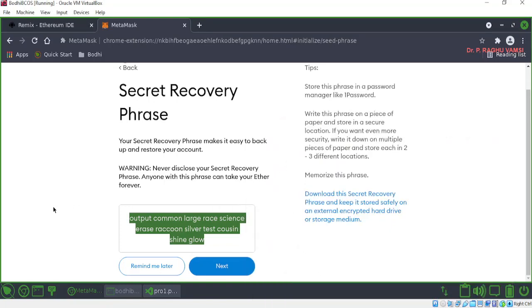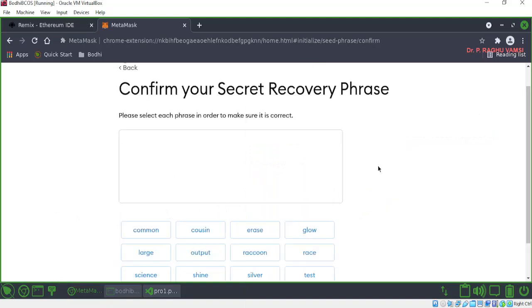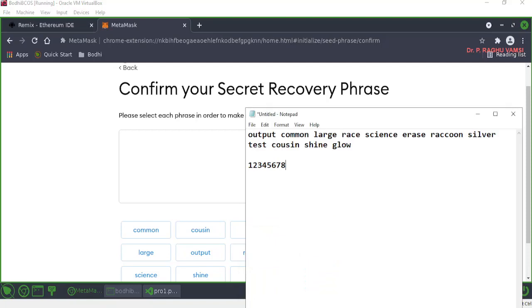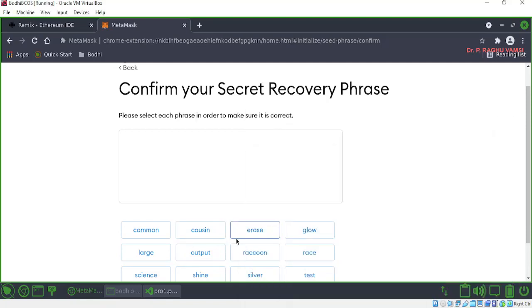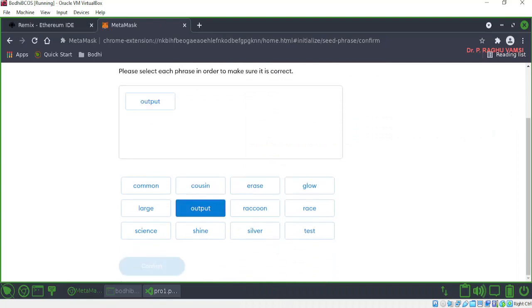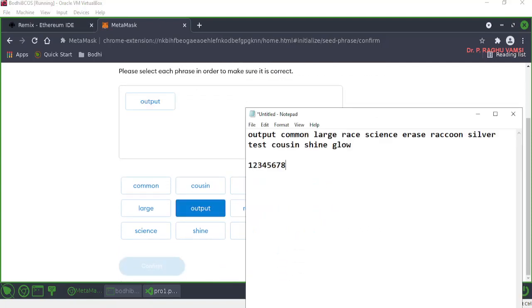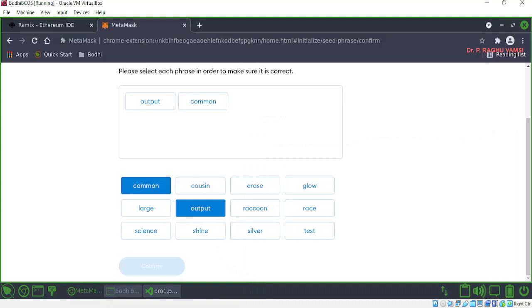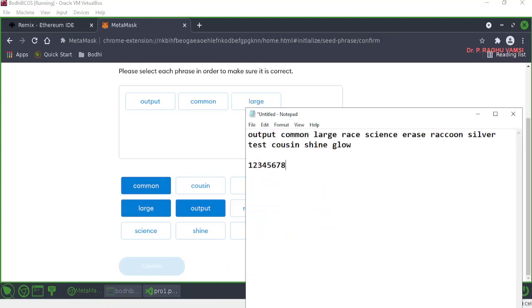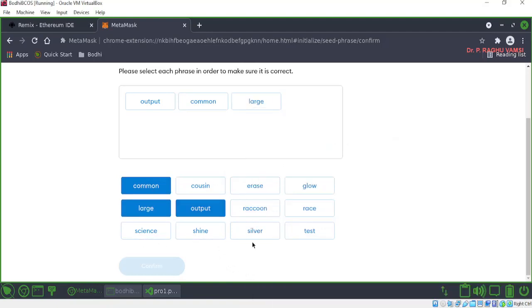Okay. So after that, next, now it will ask you to enter the secret recovery phrases. So first one is output, is the phrase here. Next phrase is common. Next phrase is large. Next is race.